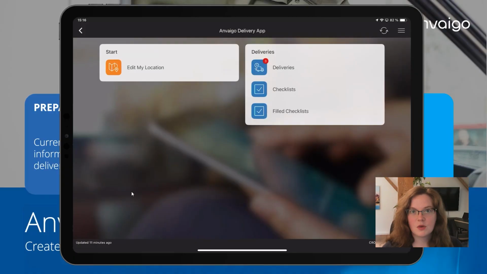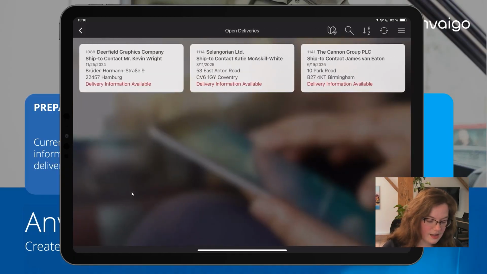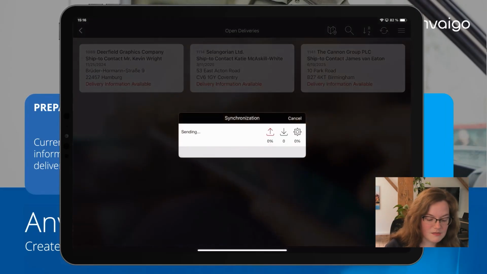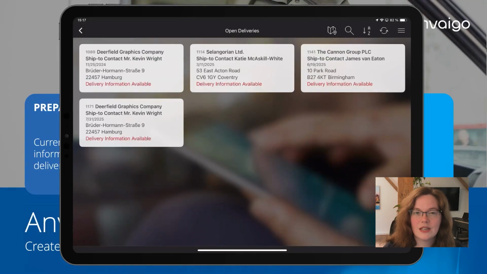One of the first steps that I'm going to want to do is I definitely want to make sure that I'm hitting our little synchronization button. On my side, I'm running on a manual synchronization, but a lot of our customers are working with automatic synchronization in the background. So that little screen they wouldn't see pop up, it would just automatically have the updated information as long as they have some sort of internet access. I want to make sure I definitely have the up-to-date information.